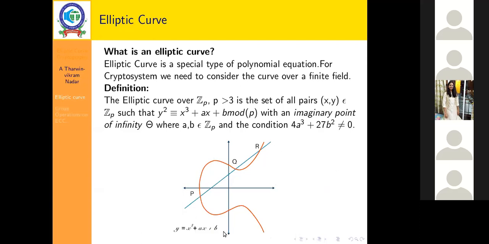So this is how an elliptic curve looks like. One elementary question: what is your observation while seeing this picture? Any observation? It is symmetric about the x-axis. Yes, exactly. It's symmetric about the x-axis, and you will always find a solution at x equal to 0. So this is how elliptic curves look like.